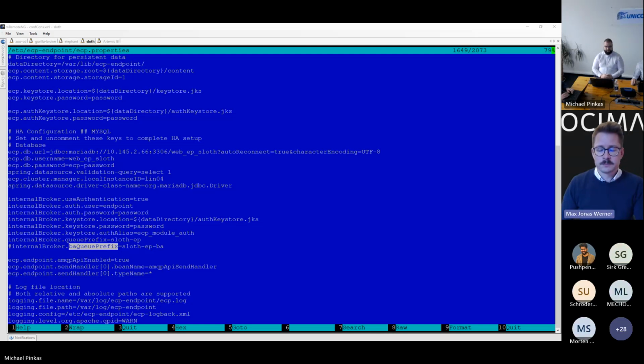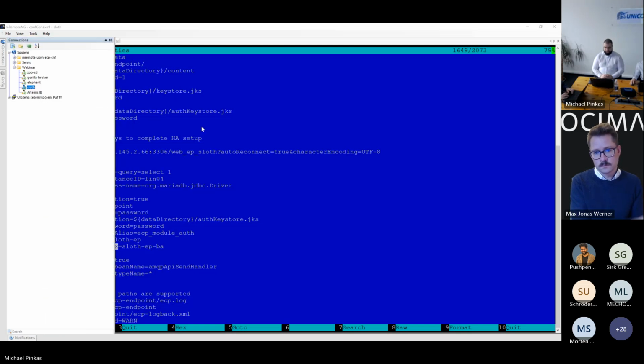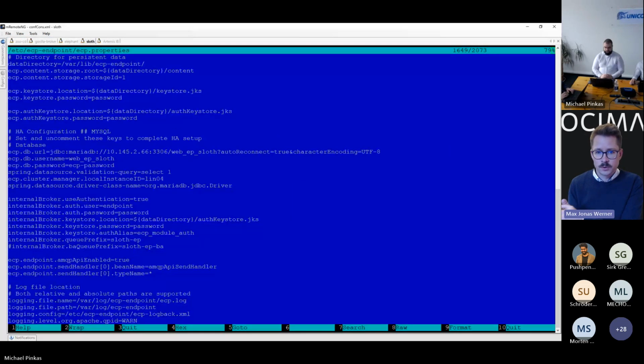Sorry, I'm still trying to wrap my head around this. If I do not change the key store in the Artemis broker and just leave it as it is during installation, the endpoint will still properly connect to it, even though... does it even check the authority of the Artemis broker certificate? Yes, it does, by default. I will probably open